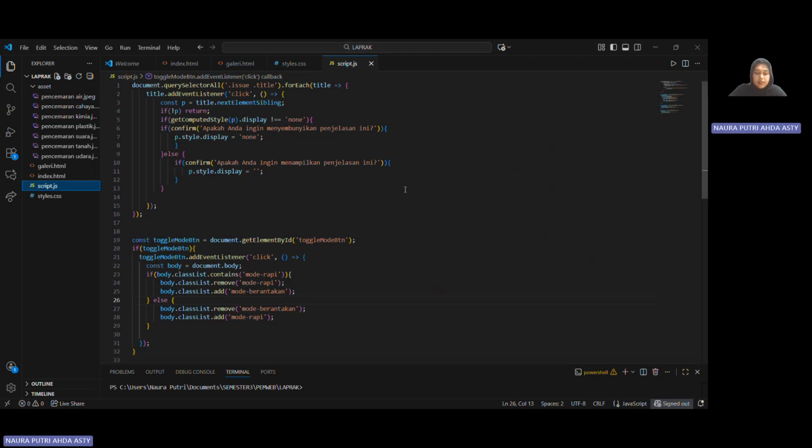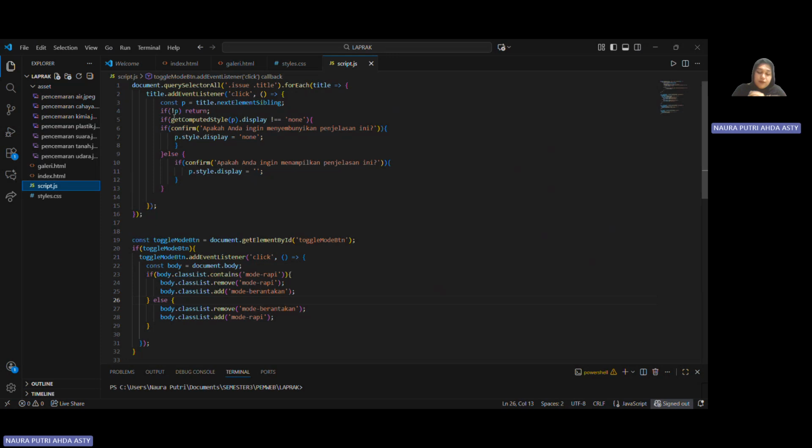And then the next one is JavaScript. From line 1 to 16, these parts select all the issues that we make.